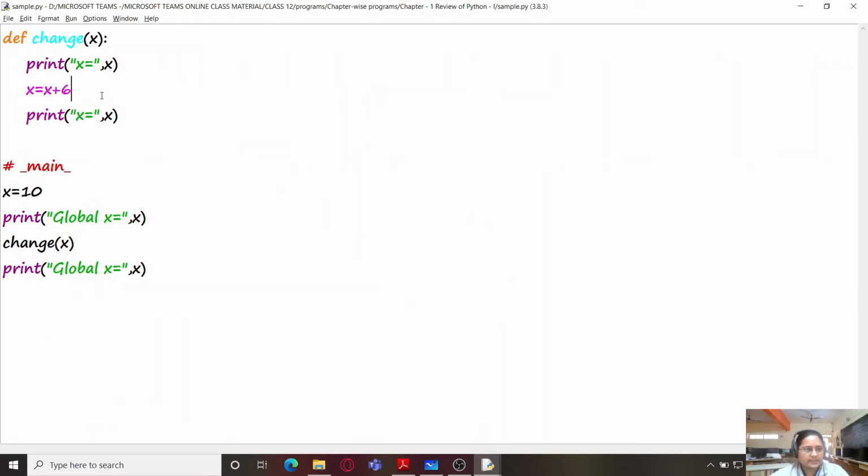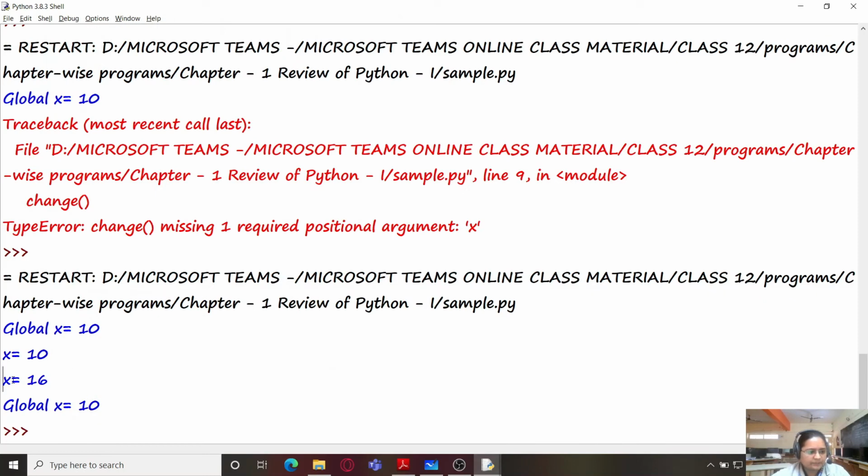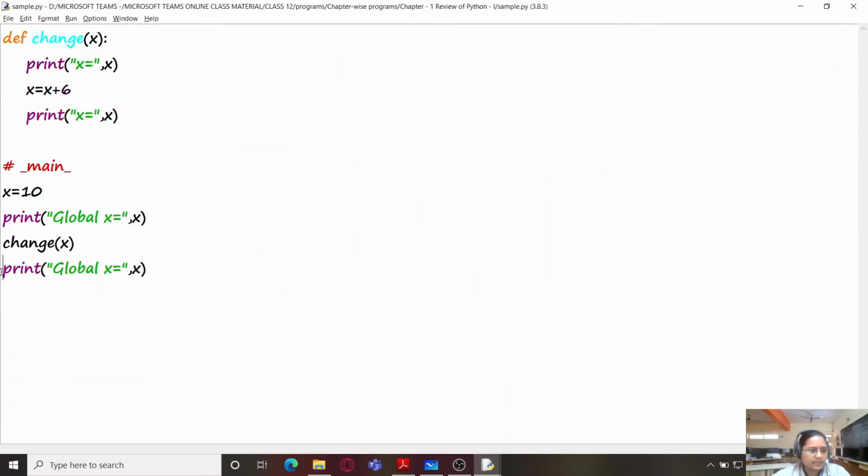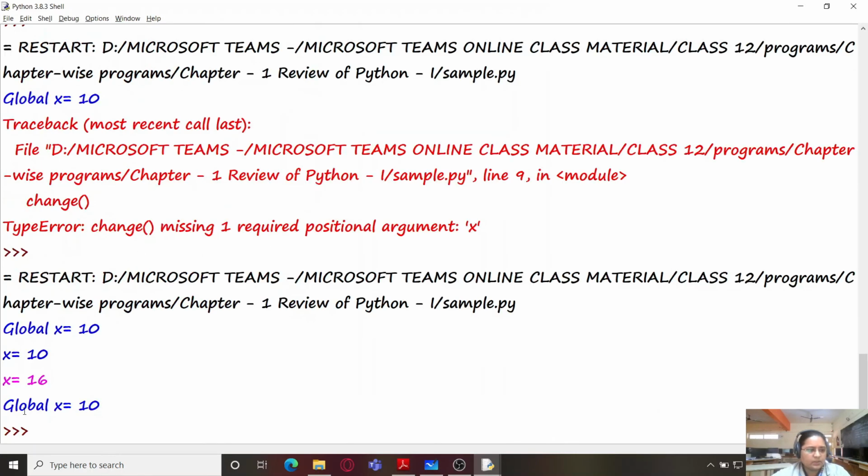We add 6 to the value, so x equals 16 is printed, and then the program control comes back to the statement within the global space, and hence within the global space the value is 10.